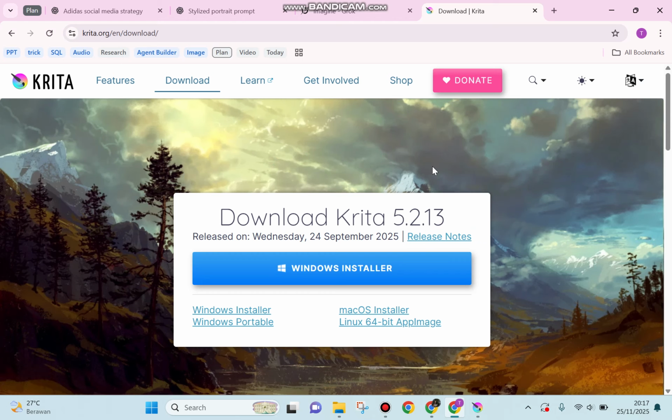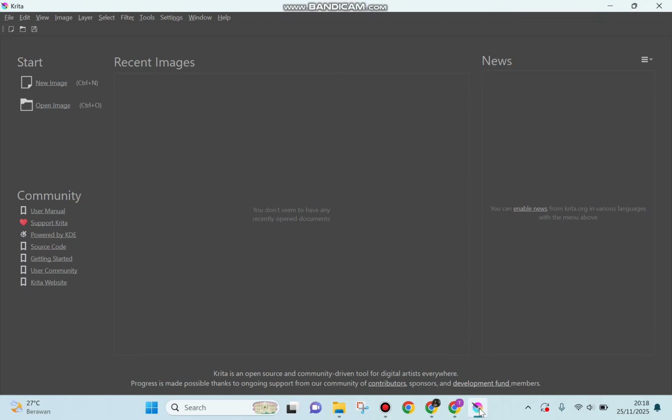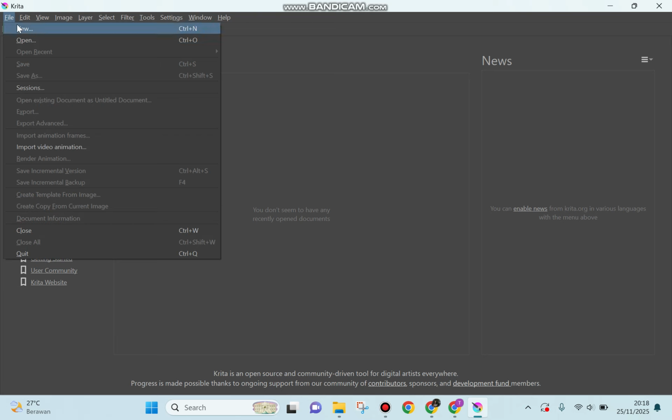And the installation is also super simple. You don't need to input a secret number or code. You can just follow the instructions, and after that this will be the Krita software, ready to use now. So you can click File and open, or New,